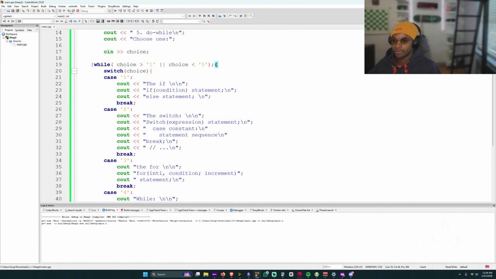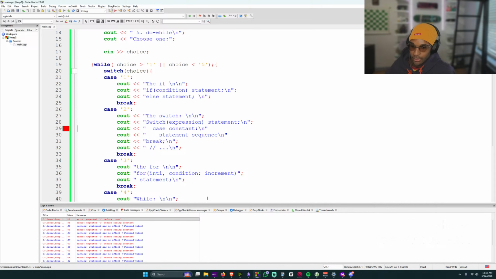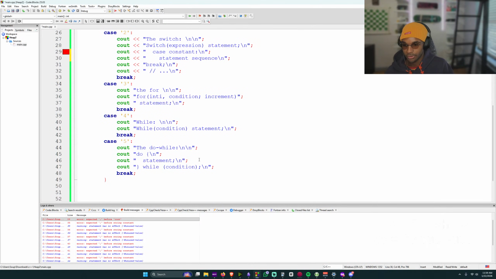Is this what they want? Oh my god, I can't stand this semicolon stuff. Expected a colon before the string constant. Colon before the string constant.